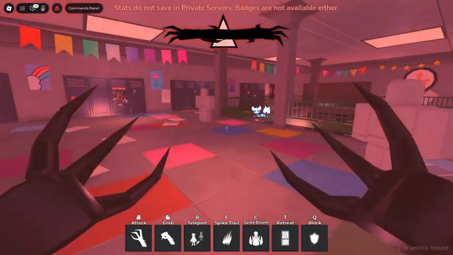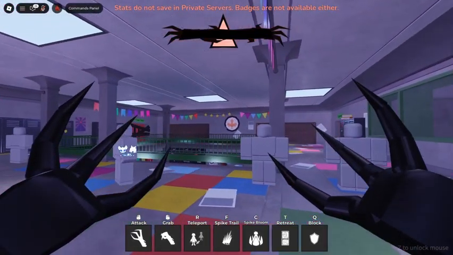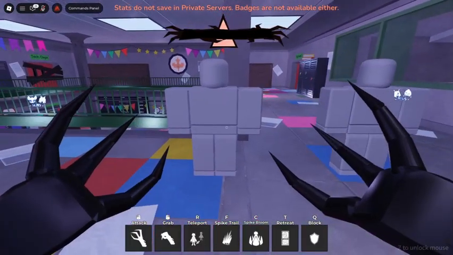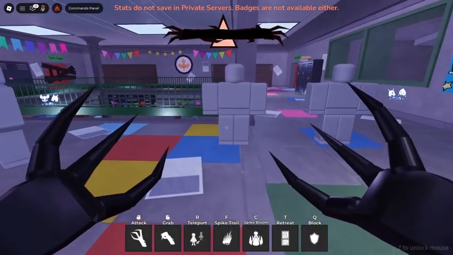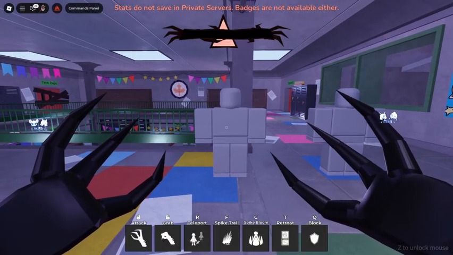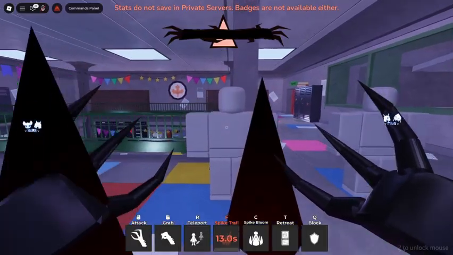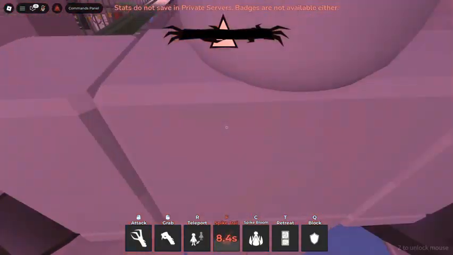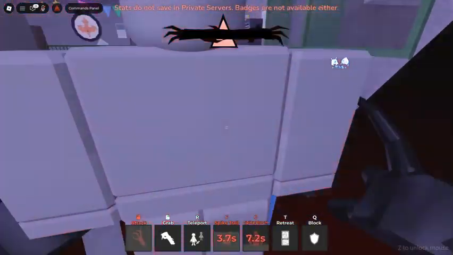It's a 3-shot kill. Now that bar at the top of my screen, I can fill that when I kill actual players. You can kill teachers and players. The teachers fill up the bar more than the players do, by the way. Just want to note that down. Anyway, Spike Trail. Basically, that's what the Spike Trail does, like you saw. It allows me to get a 3-shot. And then this is the Spike Bomb, which is supposed to knock players back, but these are dummies, so they just stay in place.